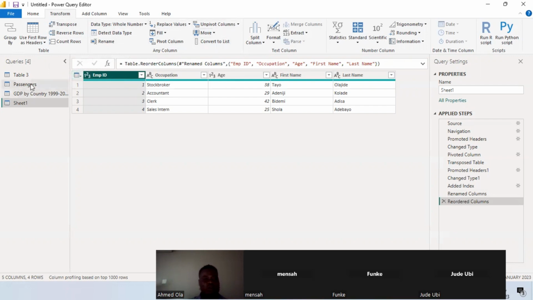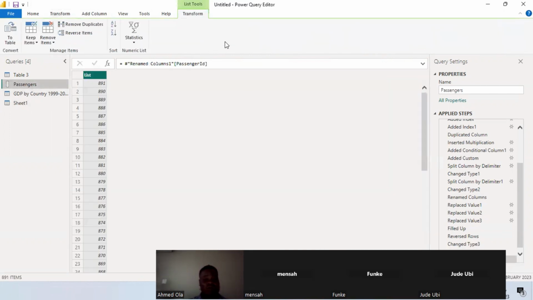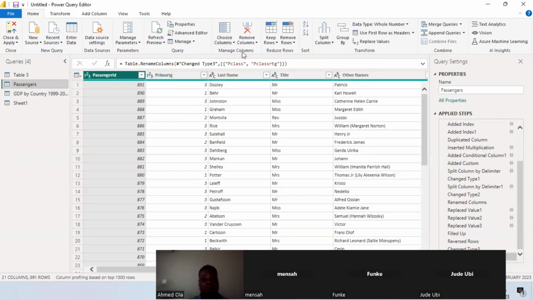We have done move. This is just convert to list, which is not really important. It just lists everything and doesn't make much sense, but every time you might need it anyway. Okay, so